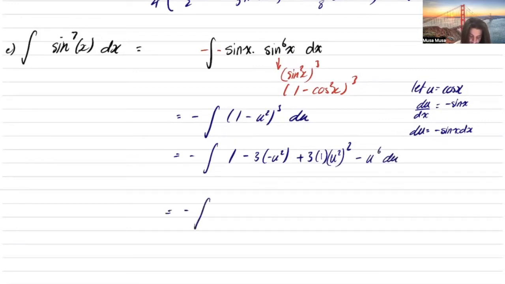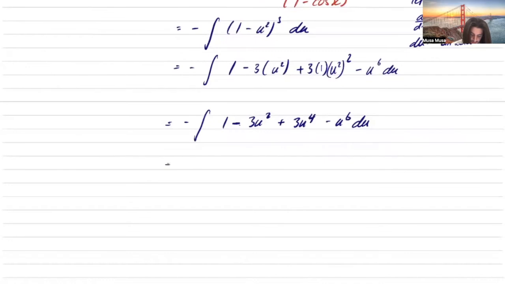Okay, minus, and then the integral of 1 plus, no, this should be like that. Minus u to the 6 du, and this is u minus 3/3 u cubed, and then plus 3/5 u to the 5 minus 1/7 u to the 7 plus c,